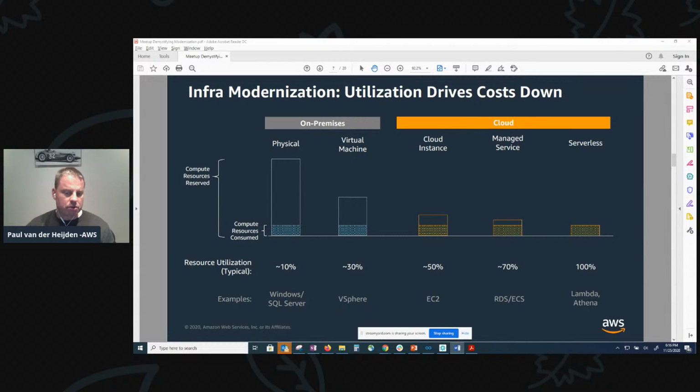So we don't have any reserved capacity, ultimately resulting in a lower cost per compute cycle. And hopefully this demystifies how and why infrastructure costs go down as you modernize. And we in AWS have seen examples where for the last move from EC2, for example, to serverless, we've seen a dramatic decrease of cost, sometimes going up to 1,400% less cost. So it's really impressive.